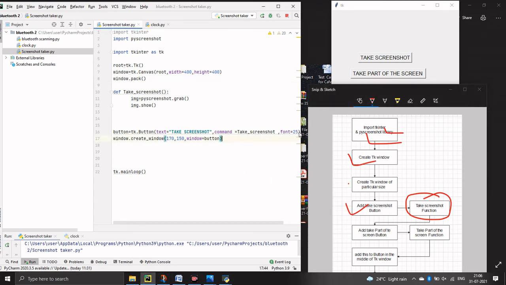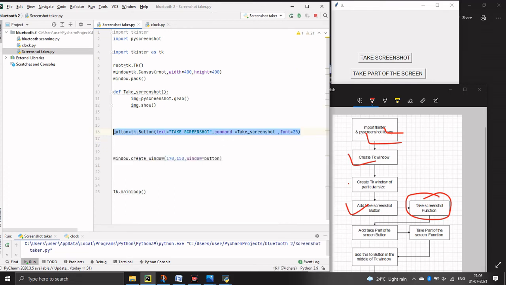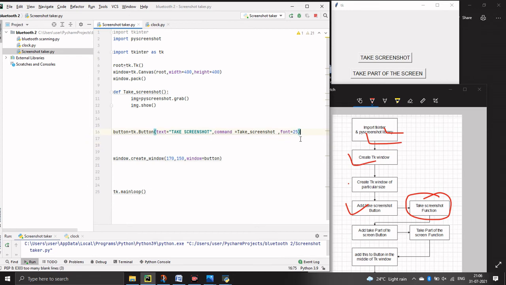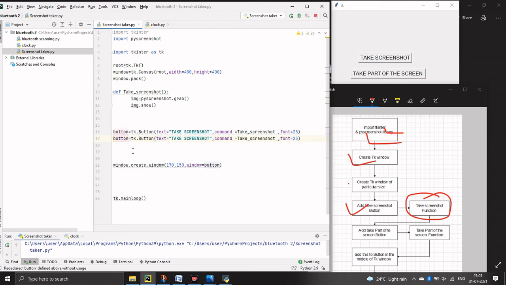So you can copy this line, paste the line above, put the name of this variable as button2, and change the name here to take part of the screen.